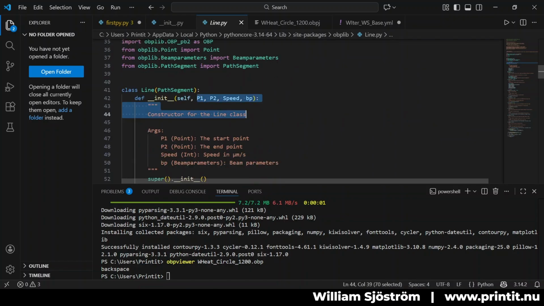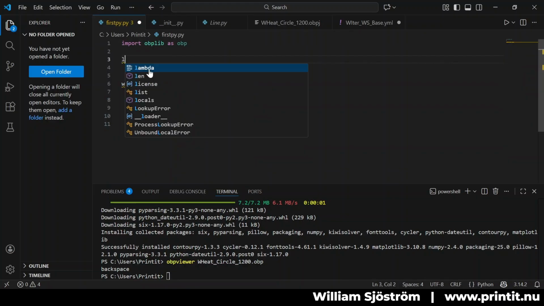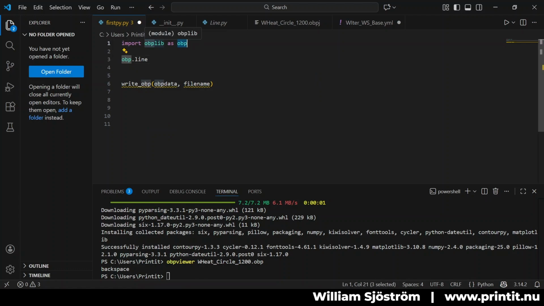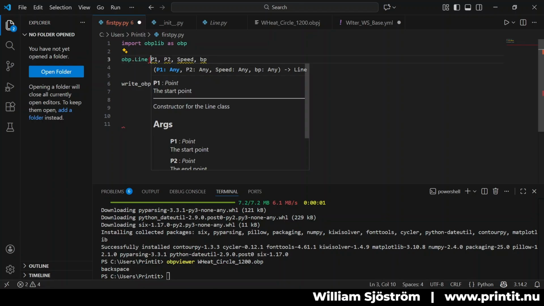So if we copy these inputs for line, we would have OBP dot line, because remember we're importing obplib as OBP, so we can have OBP line, and then we would have the stuff we copied. So these are the inputs we will need,